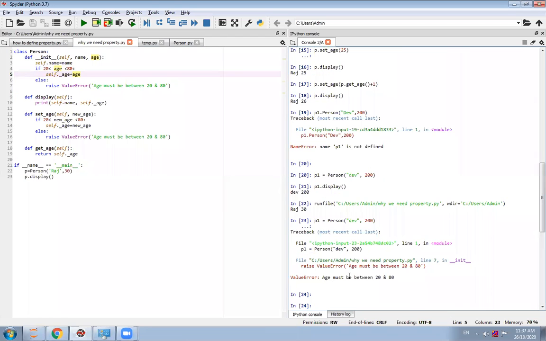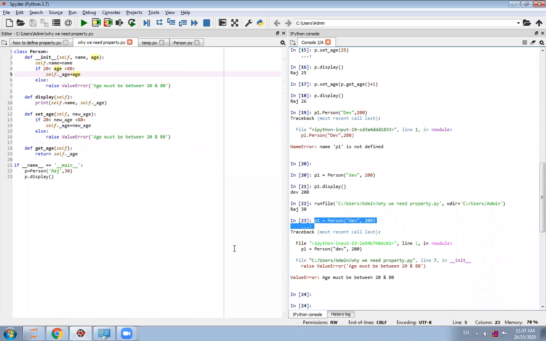See here, now I am unable to assign this value even by creating a new instance. So now this code is working fine without a property.